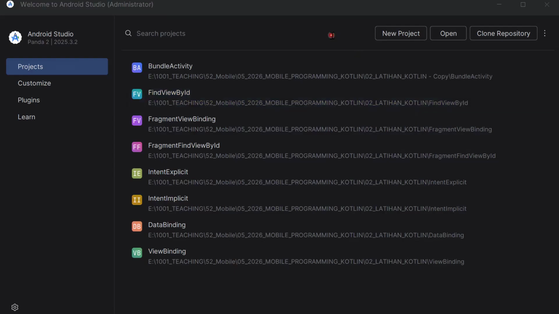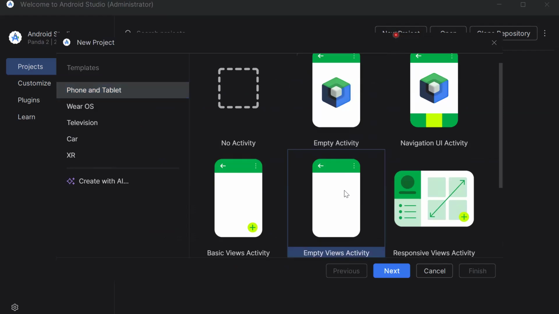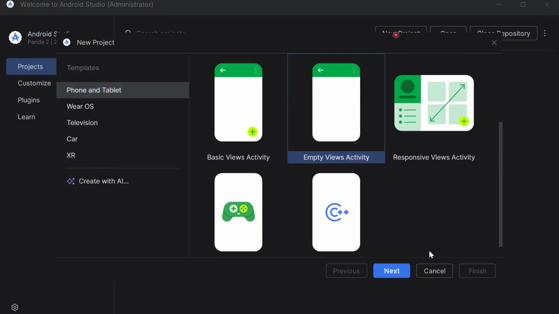This time, we will make a WebView project, and this project will use data binding. So we start a new project. We choose the empty views activity,